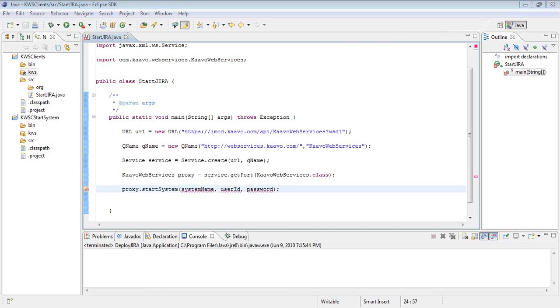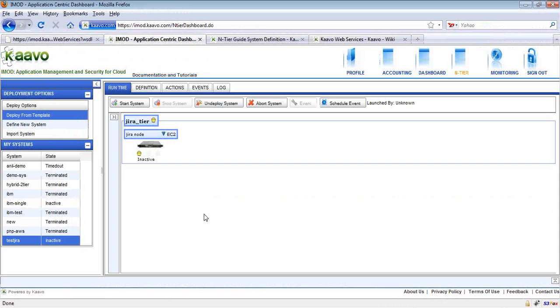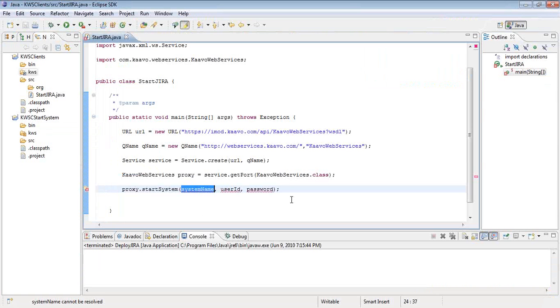I have to start the system that I defined earlier. The name of the system is test-Jira, so I have to specify that name here.